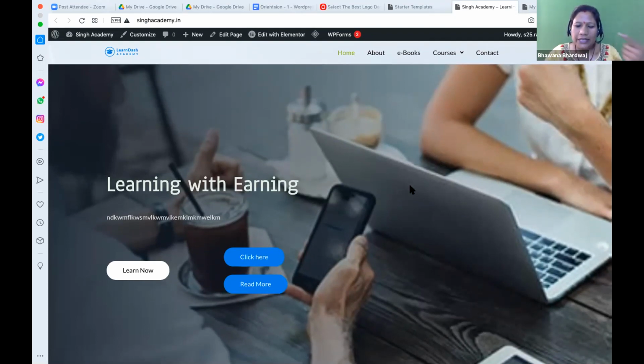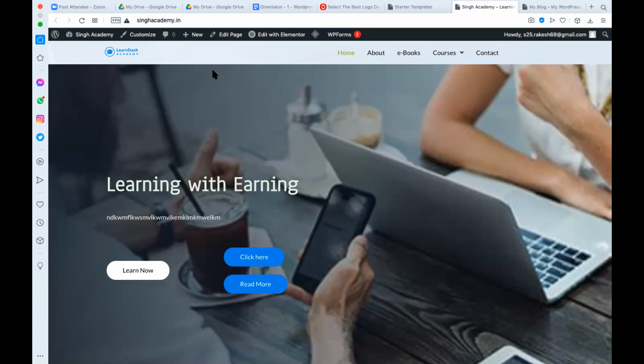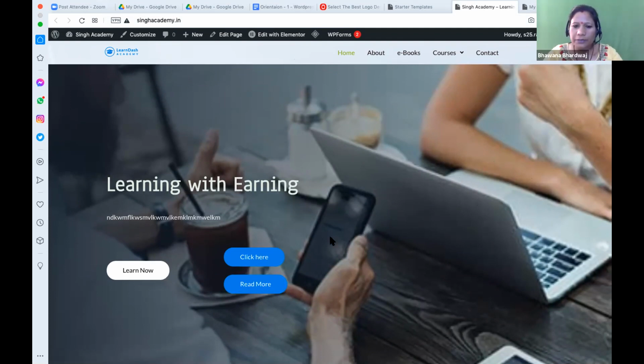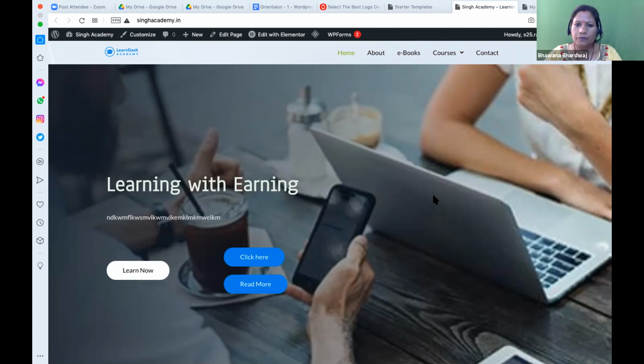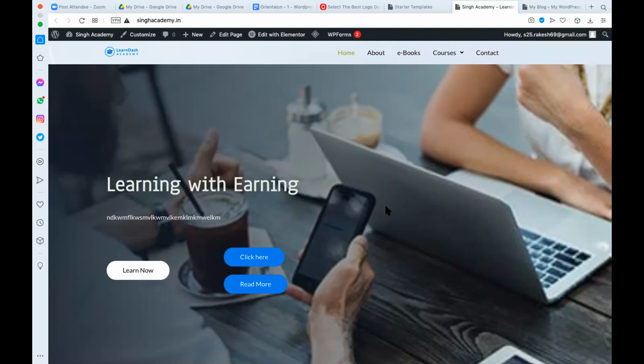So Nayan done, Rakesh done, Amit. Is it done? Can we go and start editing the pages? Start a little bit of customization. No, ma'am. Just a minute. There was some error which came up when I clicked on view site, and that site didn't open. Some error message was there. Okay. Can you share the screen with me? Yes, I'm sharing. Are you able to share it, or should I make you host? Sharing. Okay. Host disabled. I have made you host.